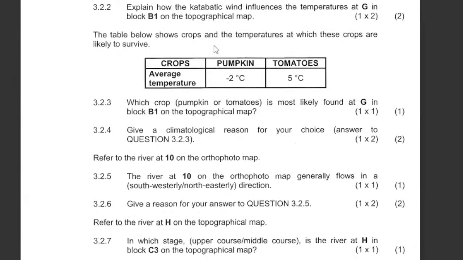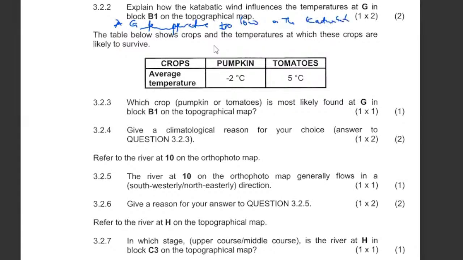We are going to say it influences the katabatic winds as we shall say that at G, temperature is low. So how does this influence the temperature? At G, the temperatures are low. Okay. Why? Yes, as the katabatic winds